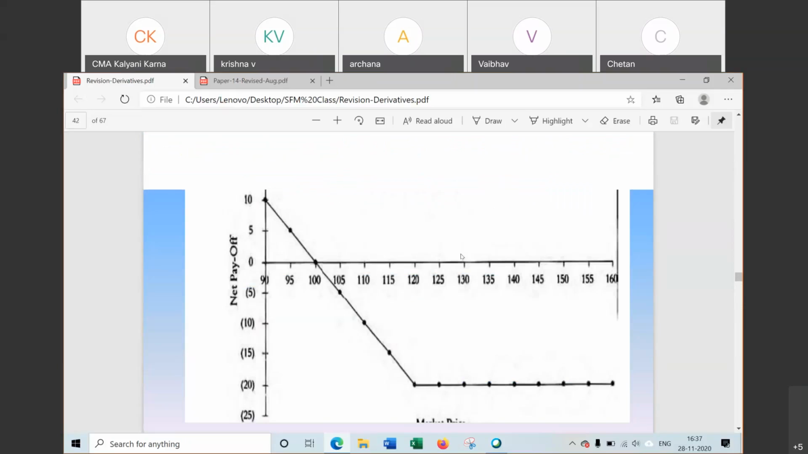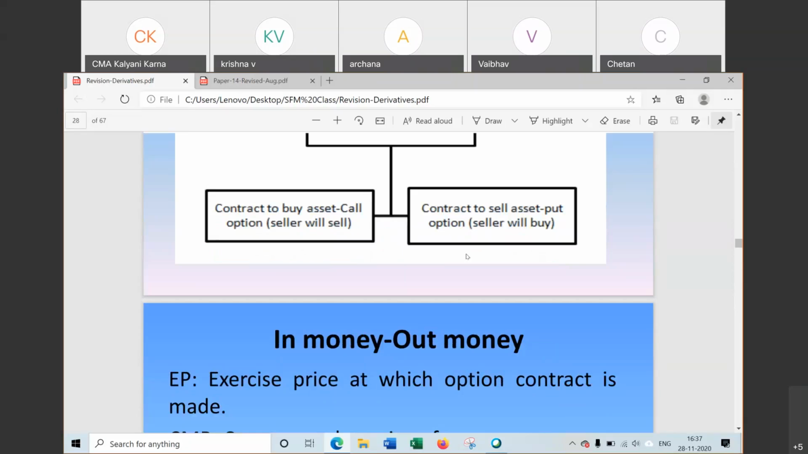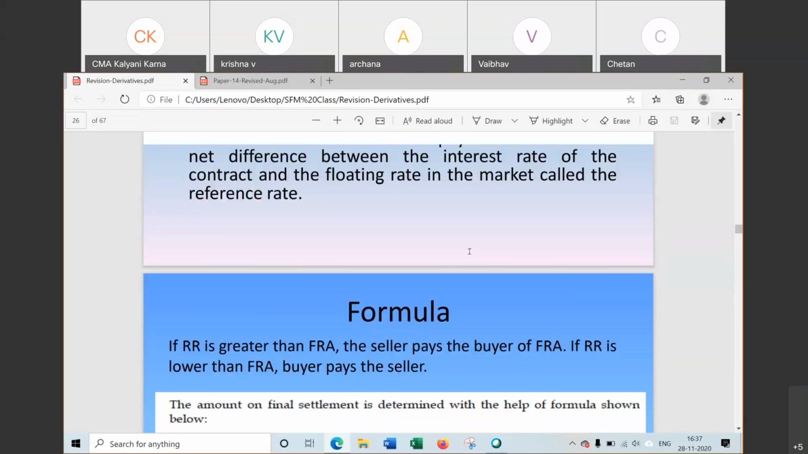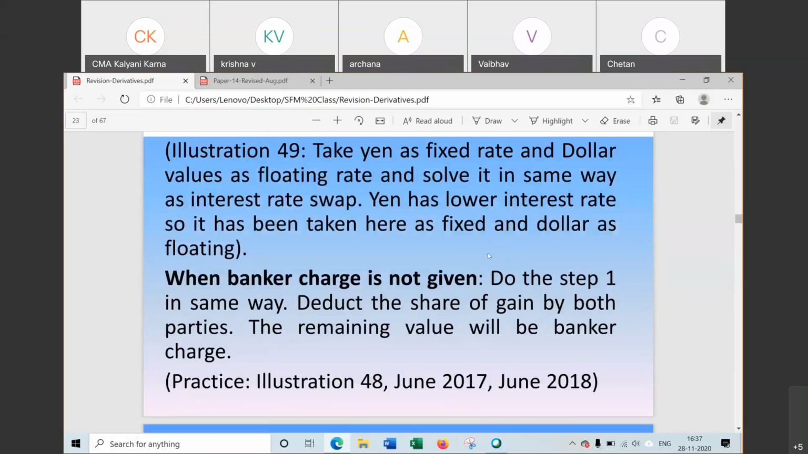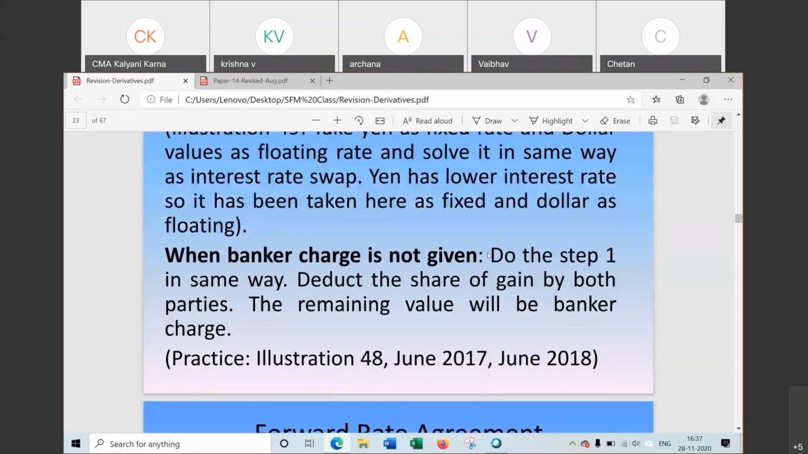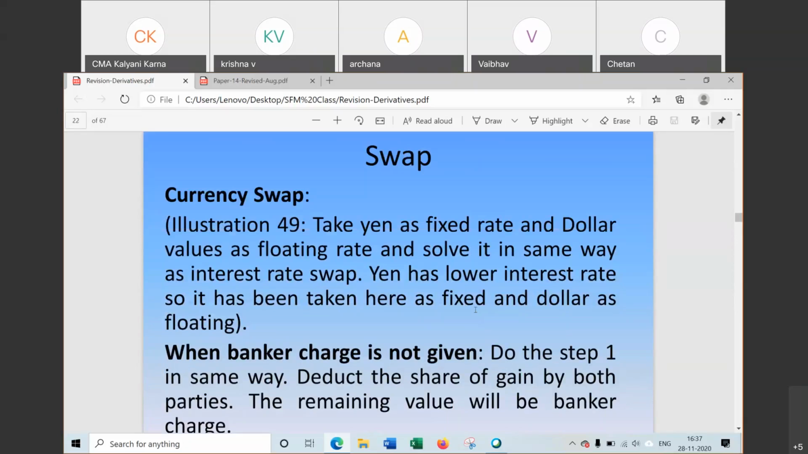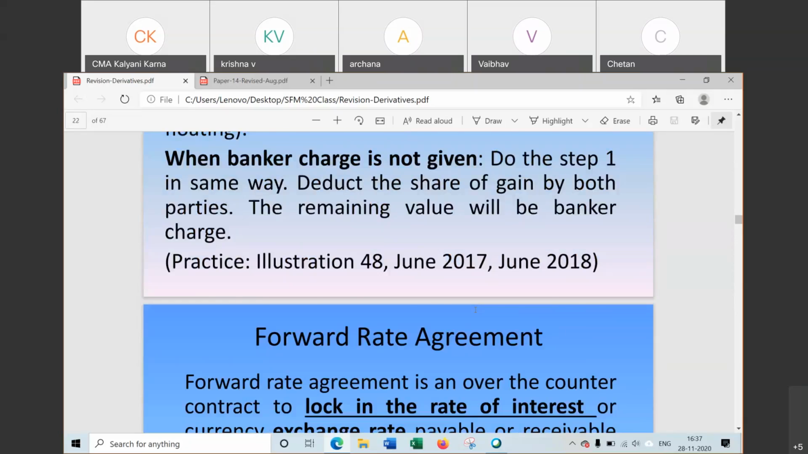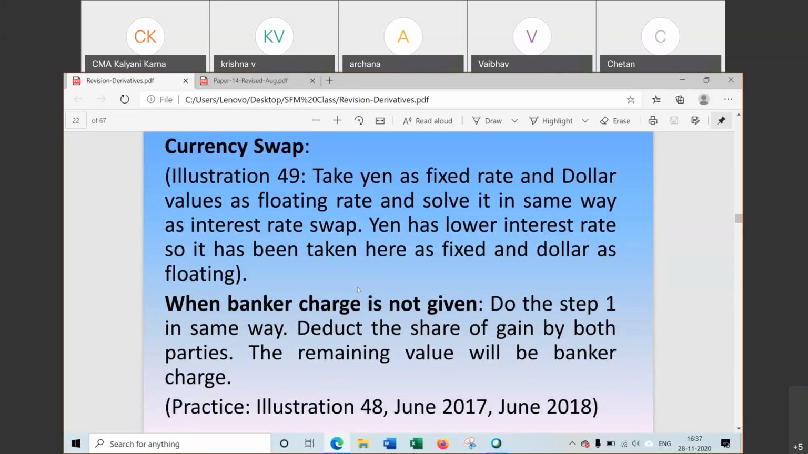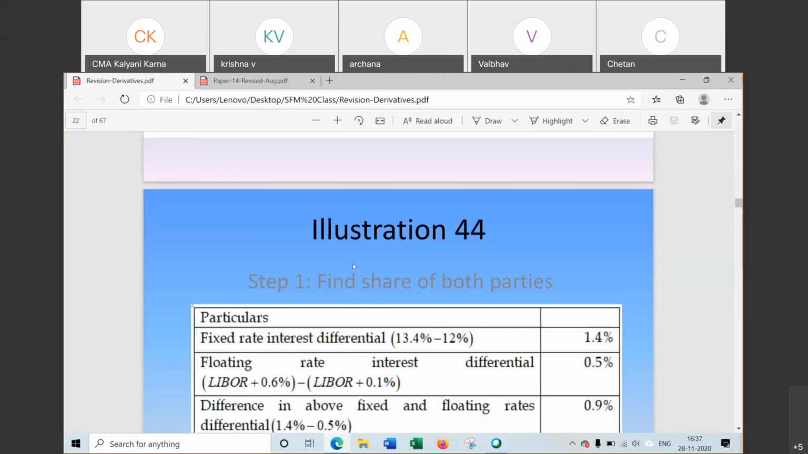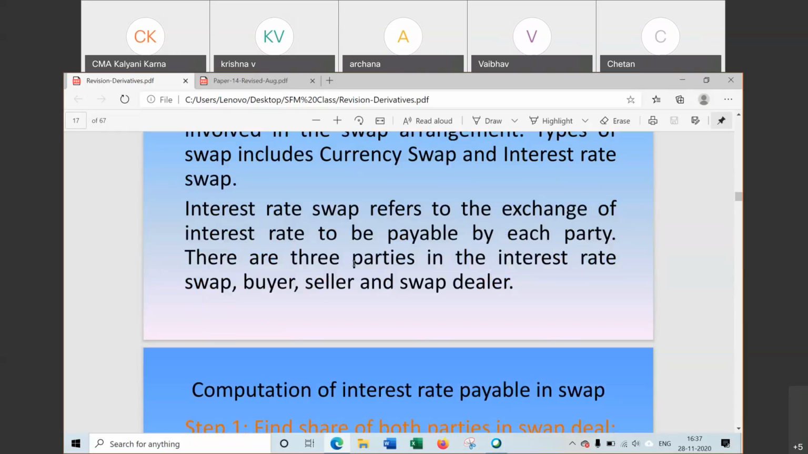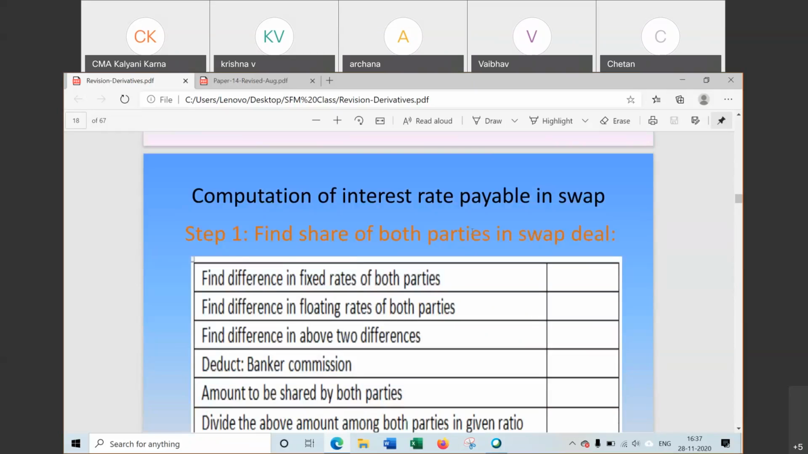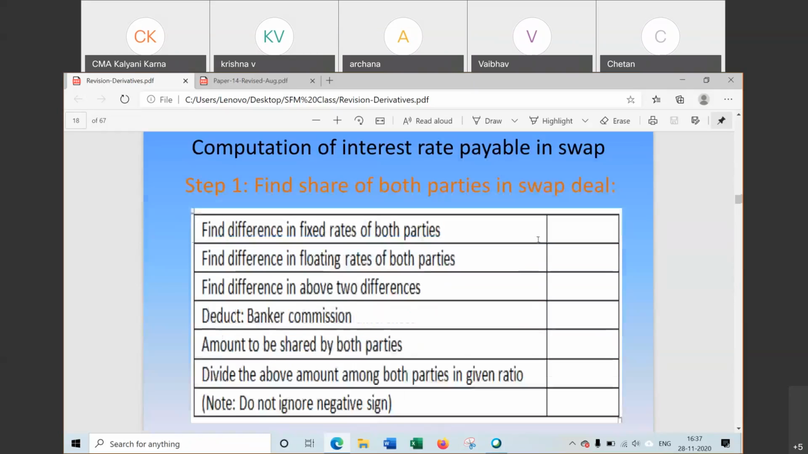Next one is swap. After hedging, let us revise swap. Now again swap, two steps we are done, that is swap. First step, find the share of both parties in the swap deal, that is share of swap buyer and swap